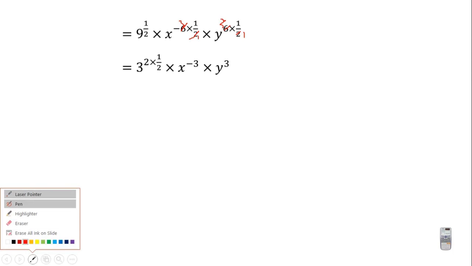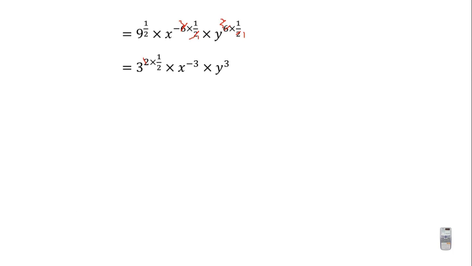Just as we did for the step here, here too you are going to cancel 2 and 2. And in doing that, we are going to have 3 exponent 1, because 2 and 2 are gone, times x exponent minus 3 times y exponent 3. We learned from the properties of indices that any number exponent 1 is the same number, so we have 3 here. We also learned that x exponent minus 3 can be written as 1 divided by x exponent 3. So just as you've seen here, x exponent minus 3 can be written as 1 divided by x exponent 3